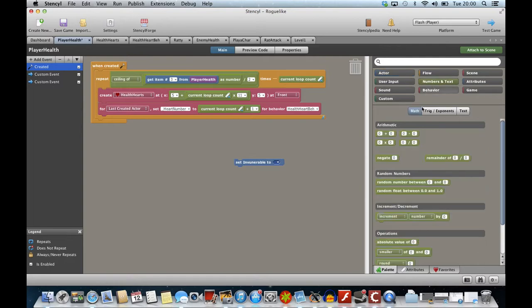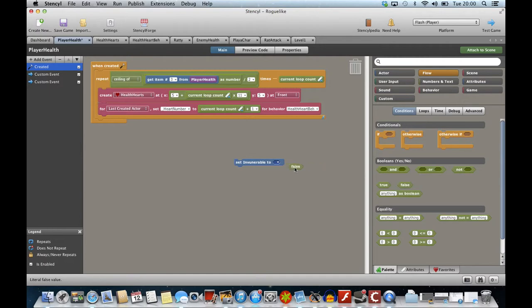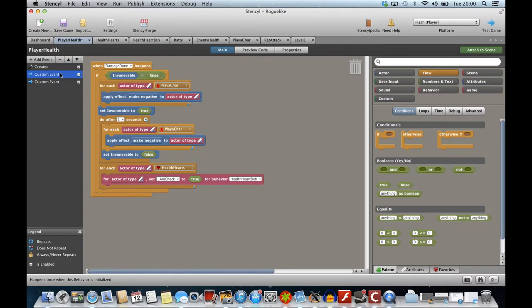So once invulnerable is equal to false, that means that you can be hurt. So on creation, if invulnerable is equal to false, for each player character, make them look negative, and then set invulnerable to true, so you can't be hurt again. And do after 1 second make him normal, the proper color that he is normally, and set invulnerable to false. And then for each active health heart, do any check to see if you need to change the animation